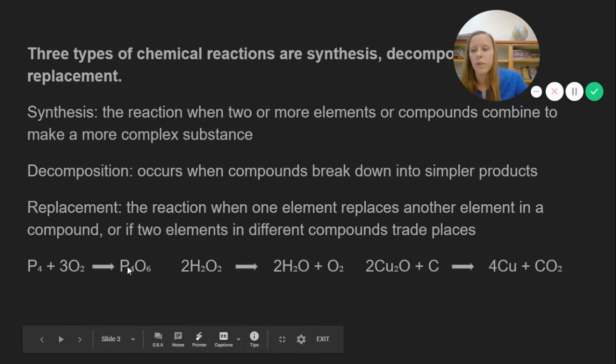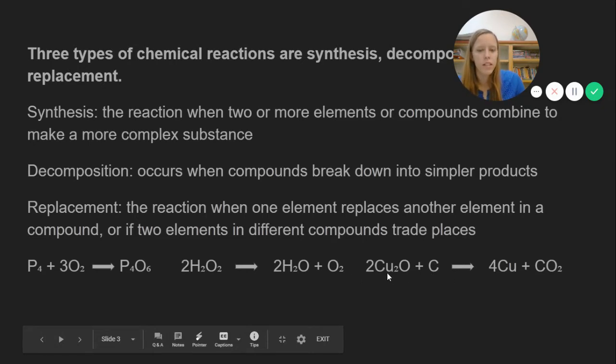The first one here is going to be an example of synthesis. We have two elements that combine to make a more complex substance. The next one is going to be decomposition. So we're starting with the more complex one and breaking it down into simpler ones. Okay. Next we have